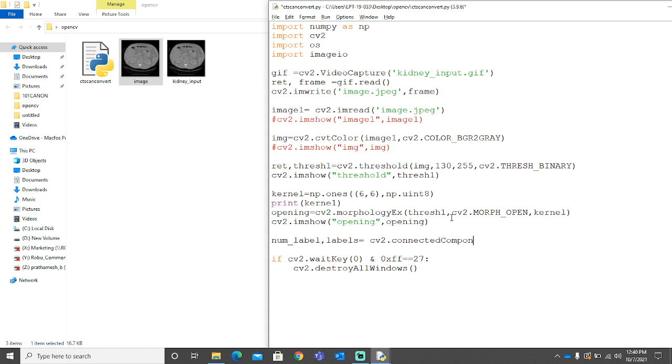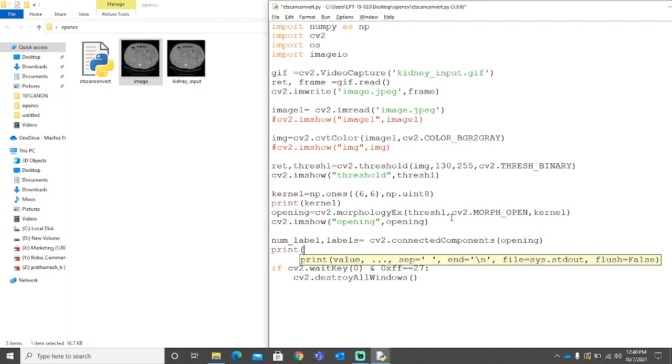Okay, this is set, and we'll give our opening as an input file. Let's not print it, let's just move forward with it. It's not that important.